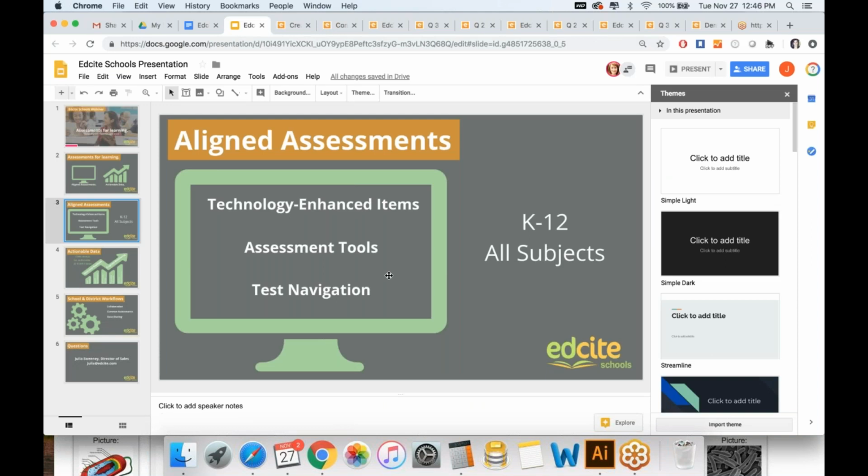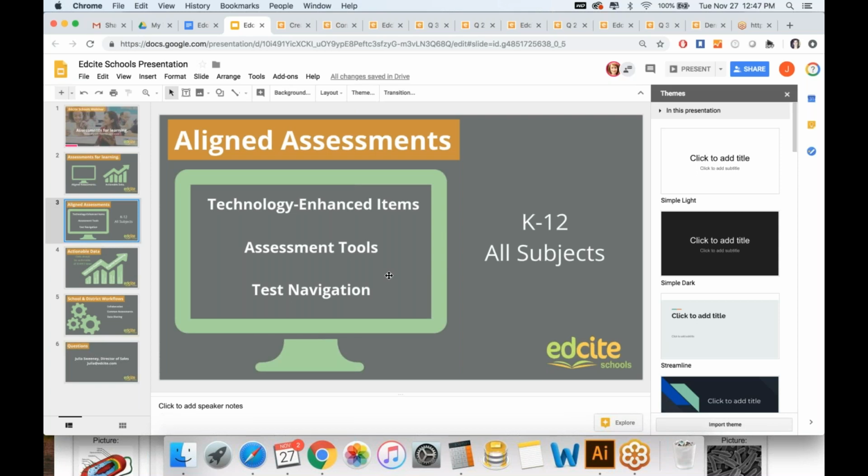And not just talking about aligning to the state, but also making sure that you have the tech enhanced items to really meaningfully assess K through 12 all subjects. Being able to embed multimedia, being able to embed science simulations, being able to have recording question types for some of your language acquisition classes.